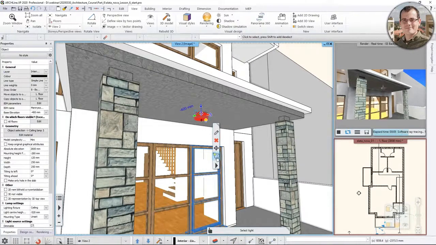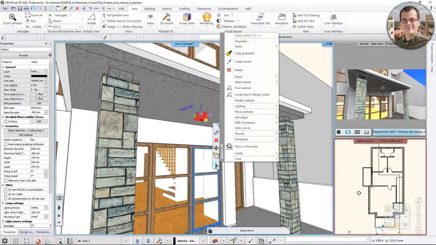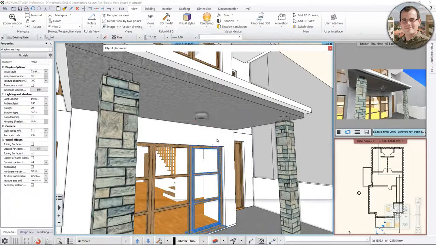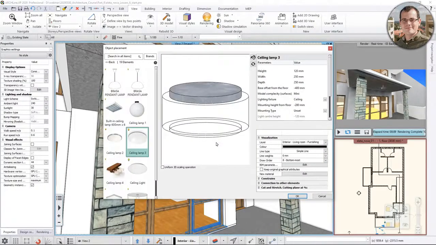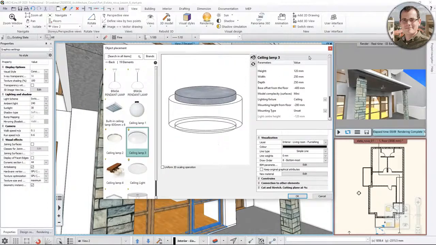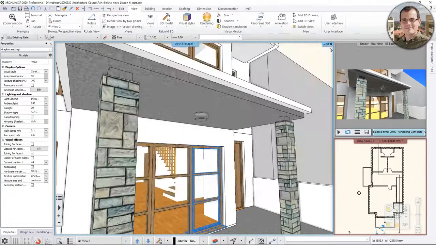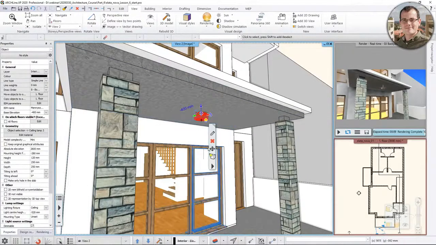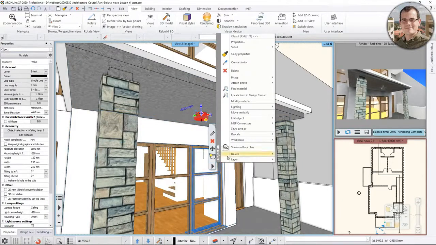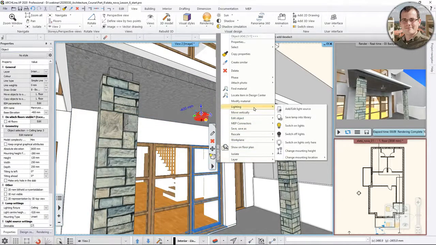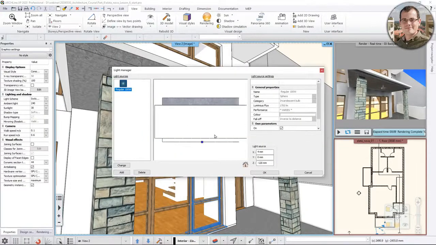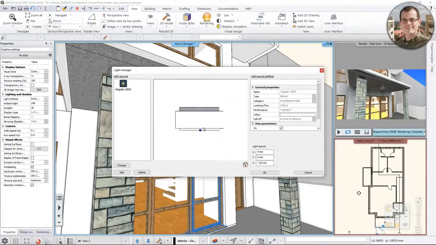I think it's in the context menu, and it should be there. Just a second. If I select its properties, you see that this is not the way you can set it up, because here you can only set up the line weights and other properties. There's another sub menu for this. I'm just going to go there. Modifying the light sources up here. So if I go edit light source, then the lamp is here again with one light source on the left hand side, what you can see,